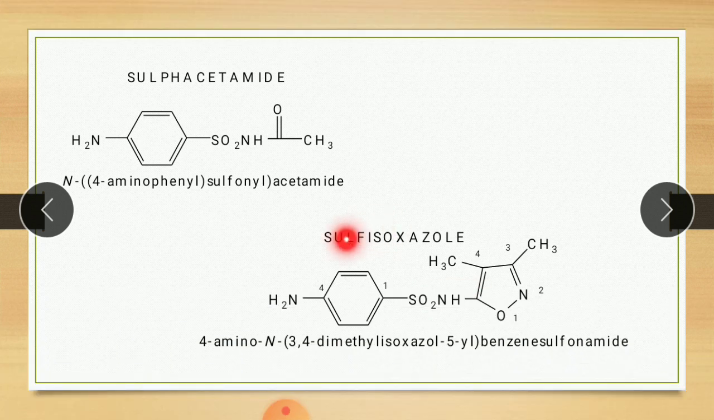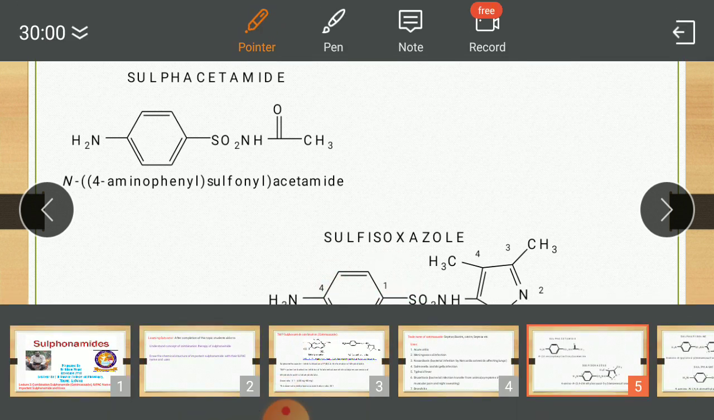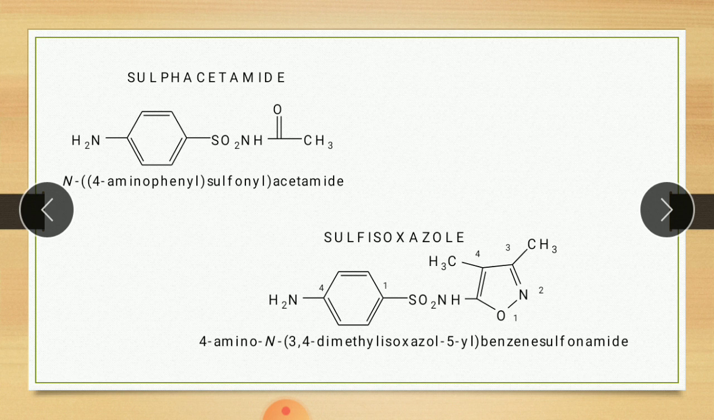Benzene, this one is benzene. Sulphonamide, it is a sulphonamide. So IUPAC name: 4-amino-N-(3,4-dimethyl isoxazol-5-yl) benzene sulphonamide. Next drug,